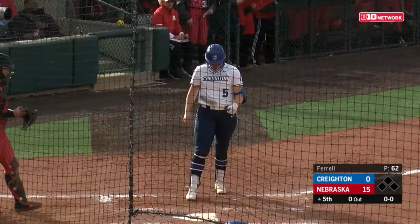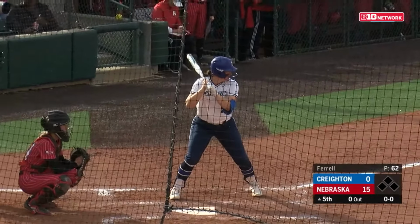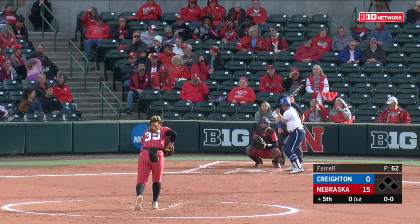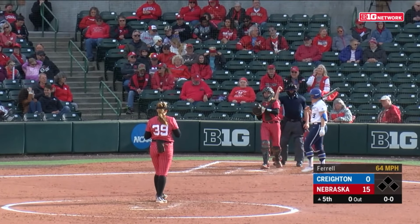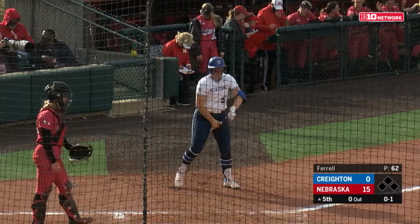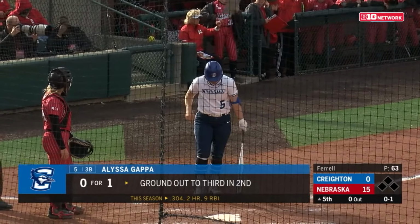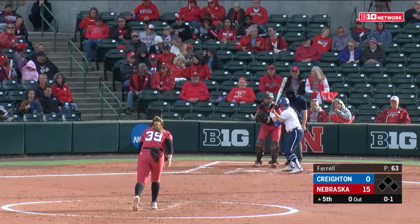The Huskers have been incredible coming into this game, but it's been all about Olivia Farrell, right? 7 strikeouts, only 1 hit allowed along with 1 walk. She has just completely shut the door on this Creighton Blue Jays offense. As Farrell delivers the first strike, she is 3 outs away from ending this thing prematurely. 8 after 5 run rule is in effect. Blue Jays would need 7 runs in this top half of the 5th to extend the game, and it begins here with Alyssa Gappa